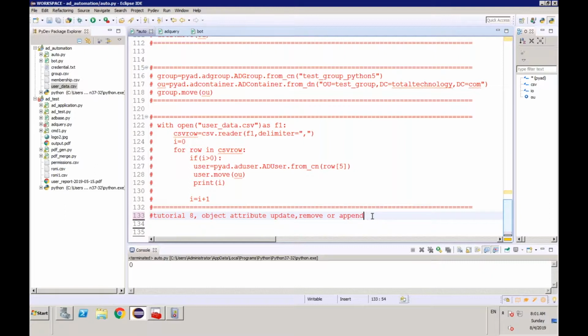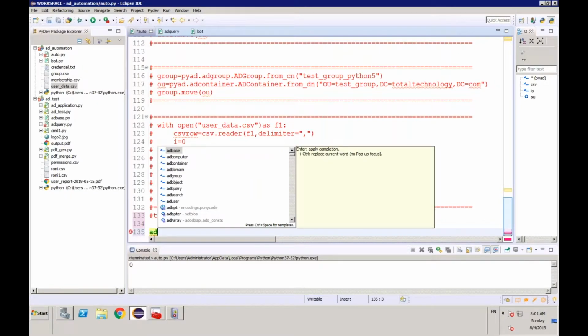So I'll be taking one example of a multi-valued attribute and one example of a single valued attribute, and today we'll only cover the user object. But again, I'll be using one single thing, the PyAD object. Irrespective of the user type, if you are giving the proper name with respect to DN or CN, this is going to perform whatever your requirement is. So for, let's say,